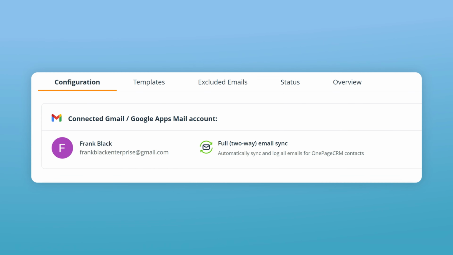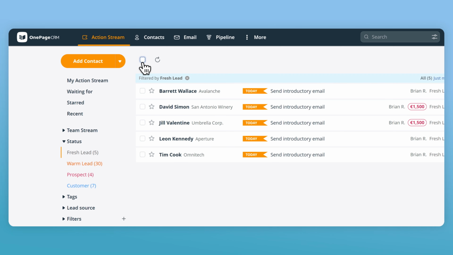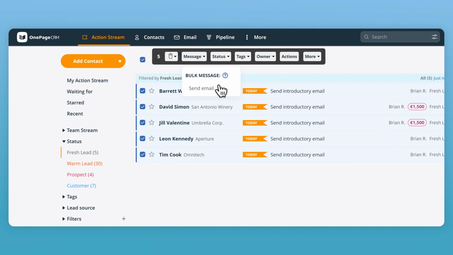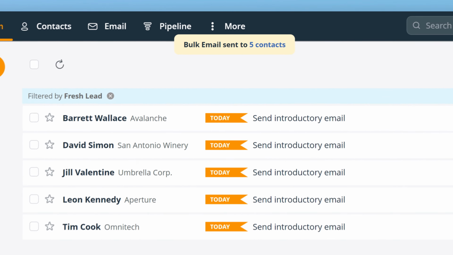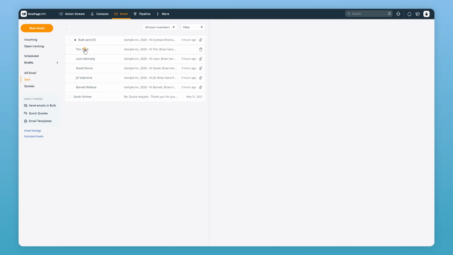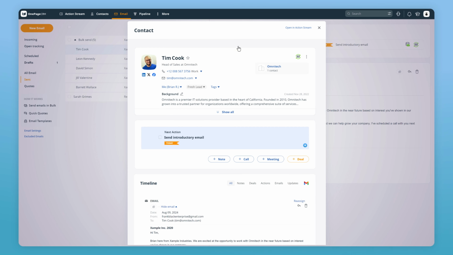How do you send bulk emails? If you're still BCCing contacts one by one, there's a much simpler and faster way to do this. Sync your email client to OnePageCRM, select your contacts, and hit send. It's both a faster and more organized way to send bulk emails. There's no typing or copy pasting involved, and emails are grouped under each contact separately instead of being scattered all